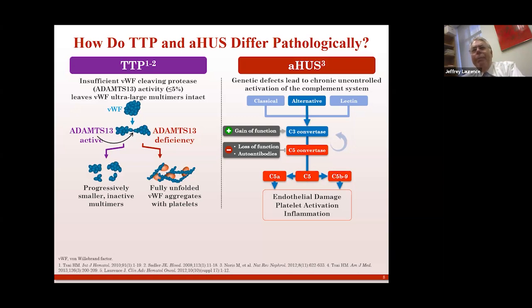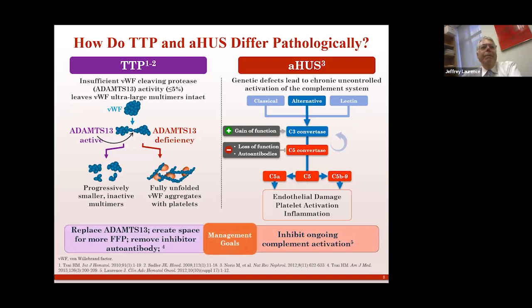And if you can't shut that process off, because you either have a loss of function in some complement regulatory proteins, or in adults, in rare instances, an autoantibody against one of them, or in very rare instances, a gain of function in C3 itself or complement factor B, you get the clotting disease we call HUS. So how do we treat these things?